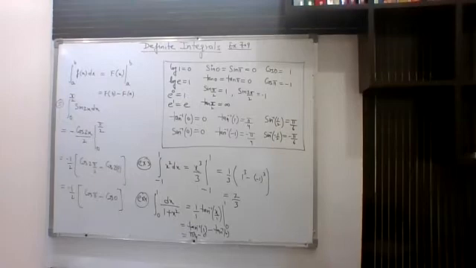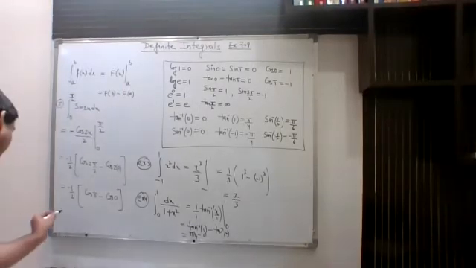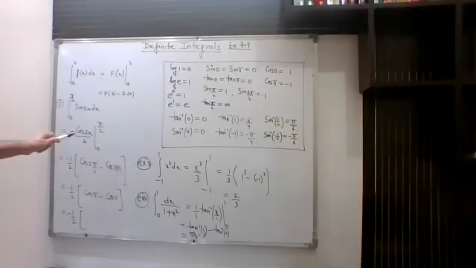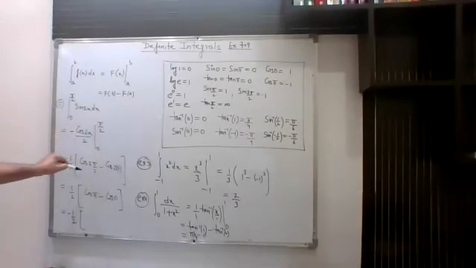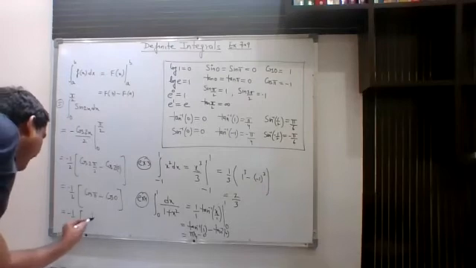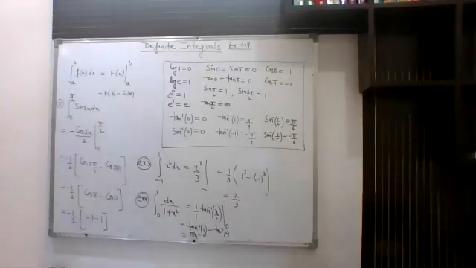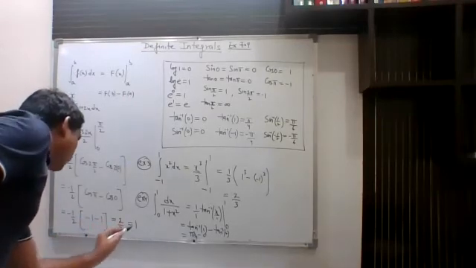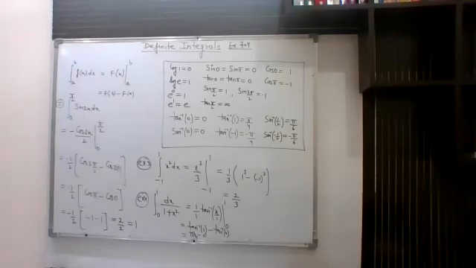So now when you substitute the values, it will be minus 1 by 2. So in place of x, we are putting pi by 2. So this 2 and 2 will cancel out. So we are left with cos pi. Now after this, we can use this table and we will substitute the values. So when you put the values, this will become minus 1. This is also minus 1. So ultimately, you will get your answer as 2 by 2. So this will be equal to 1. So your final answer will be 1.